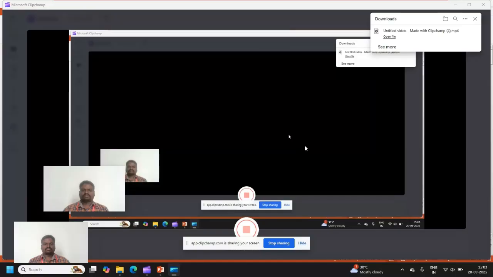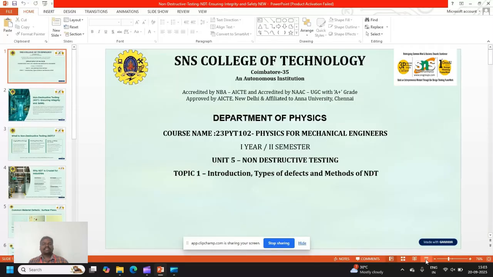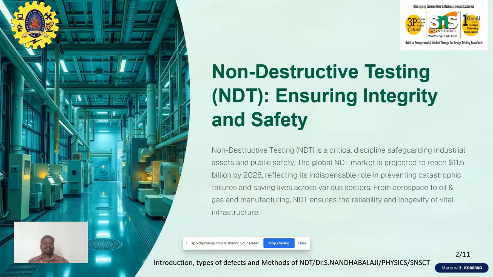Today we are discussing the topic of non-destructive testing: introductions, types of defects, and methods. First of all, non-destructive testing, NDT, ensuring integrity and safety. Non-destructive testing is a critical discipline safeguarding industrial assets and public safety. The global NDT market is projected to reach 11.5 billion by 2028, reflecting its